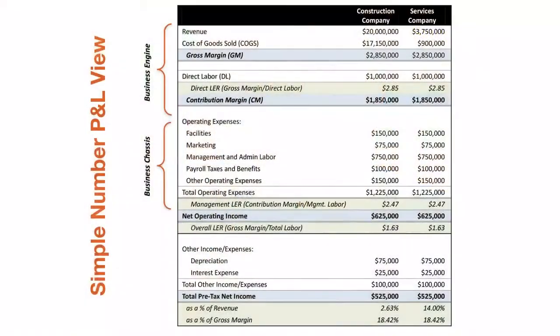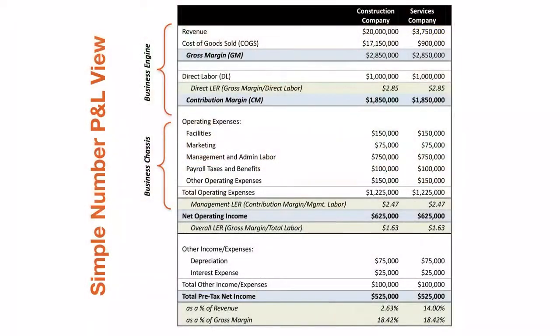So really the next line down is where we believe that true economics start inside the business. And that's a term we use called gross margin. Now you'll hear a term called gross profit. Gross profit really is something that there's not a common definition on. Even gross margin, you're not going to have a common definition. So the simple numbers definition of gross margin is revenue minus all of those costs other than labor that I pay to somebody outside the business that's directly associated to the revenue that I create inside the business. So from that standpoint, you can say that really that's where the internal economics start, is that gross margin line.